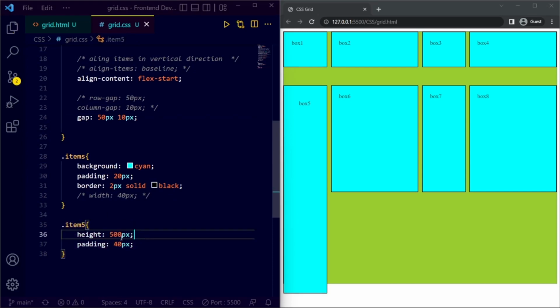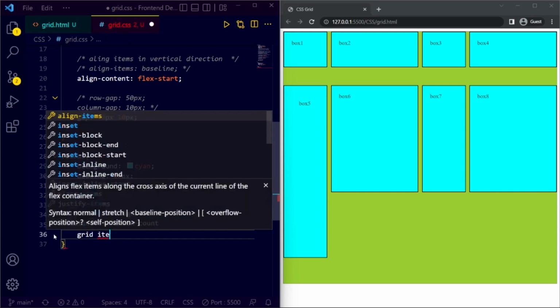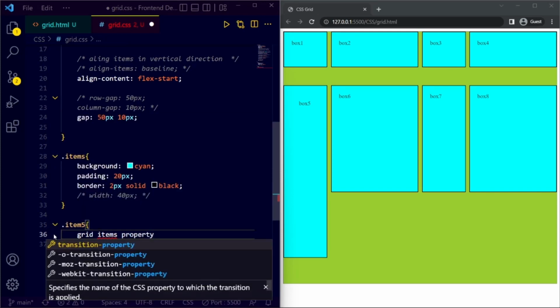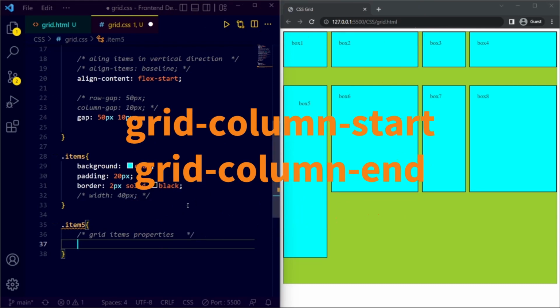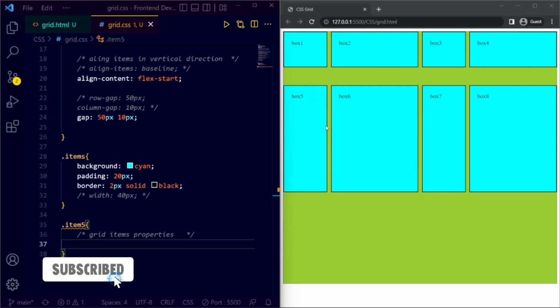So for this item, make this, I can give it 500, or don't give some random height and width. What I will do, so here I am explaining you grid items properties. So the first property we have is, let's say if I have to make this specific, right now it's this. If I have to make this box 5, I want to make here only the three